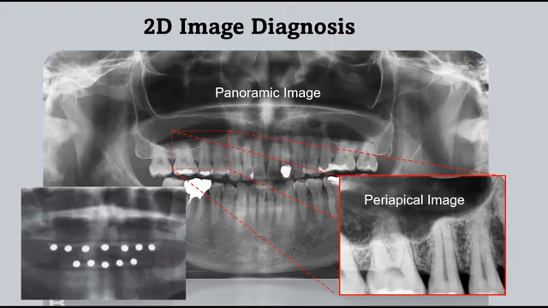In this technique, to overcome this magnification, the diagnostic templates that have 5 millimeter ball bearings or wires incorporated around the curvature of the dental arch are worn by the patient during the panoramic radiograph acquisition, which enable the dentist to determine the exact amounts of magnification in the radiograph.